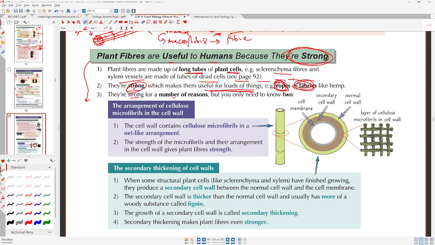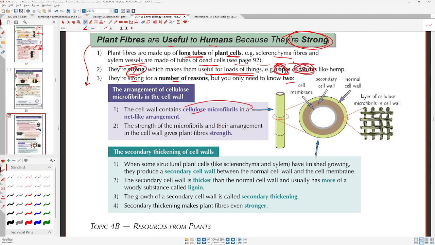Anyways, they're strong for a number of reasons. We only need to know 2. One is because they contain the cellulose fibrils that we mentioned in a net-like arrangement. Net-like meaning that we have them going in different angles, which is actually what we referred to when we were talking about the secondary cell wall,